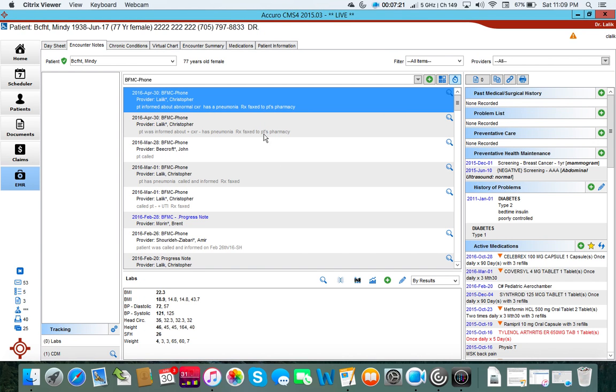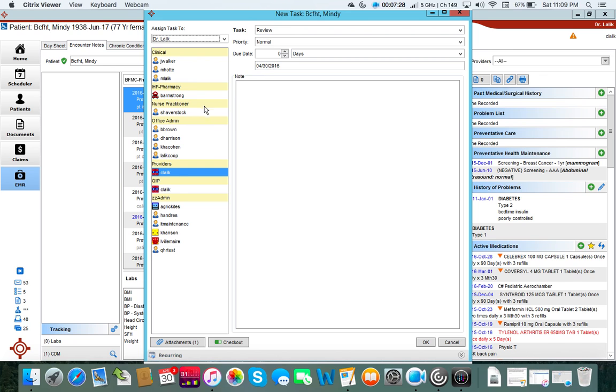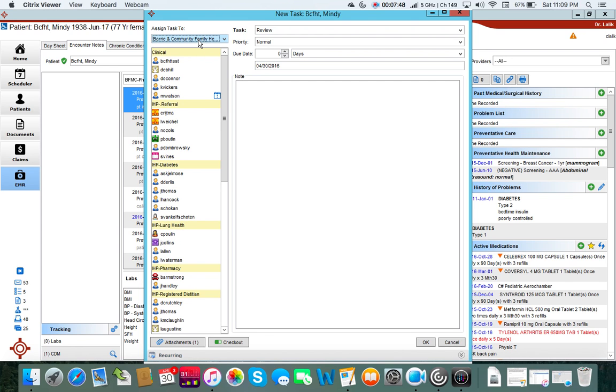So again, this is a quick tip also about tasking in general. If I were to task, and it's not somebody related to the office, but let's say I want to do a referral to the registered dietitian. I've done the general referral. Now I want to just task them that an appointment is required. I'm not touching any of the buttons. I'm touching the B button, and as you can see, it now brought up Barrie Community Family Health Team and then referrals, and I can just either put down some sort of information, call patient cell or whatever I want,